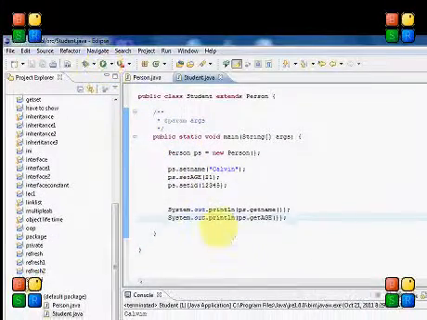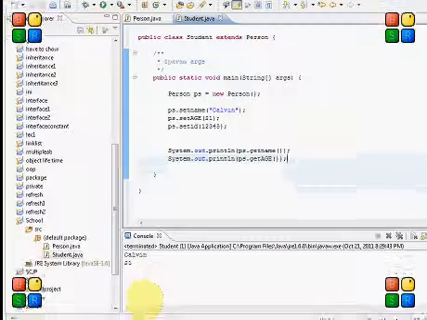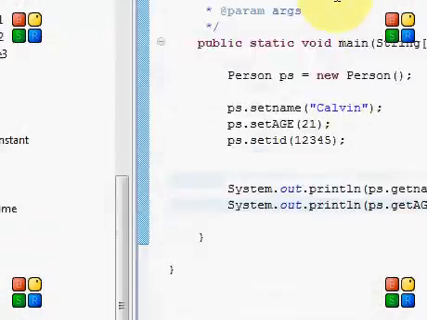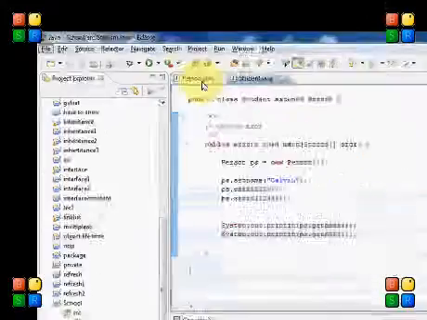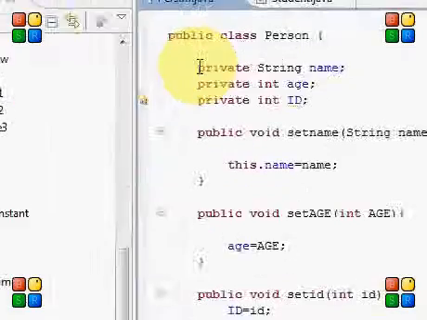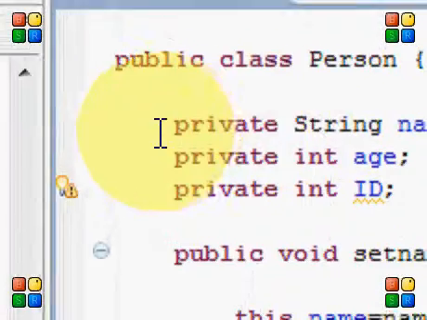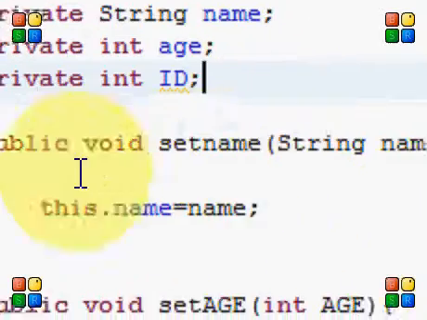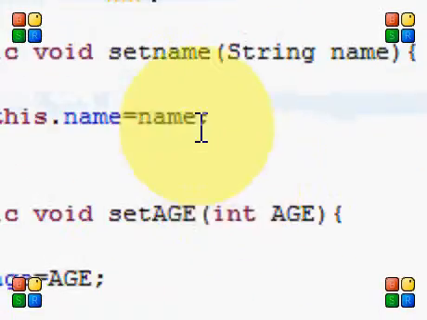Just run it here, and you can see the values are actually displaying very well. So that's how we actually initialize our get set methods. What we did was we used a person class, we initialized 3 private strings here. So the only way to access these private strings is using the get set method. We set our 3 values here: set name,